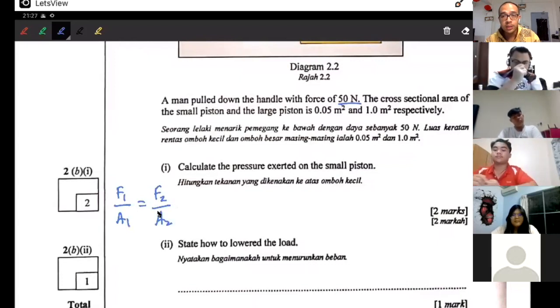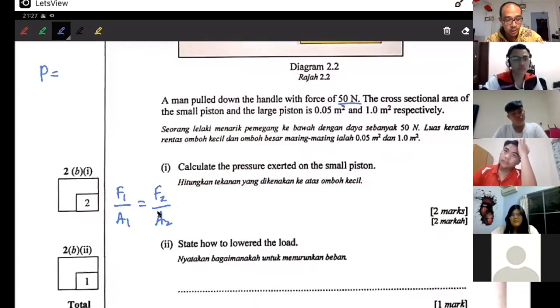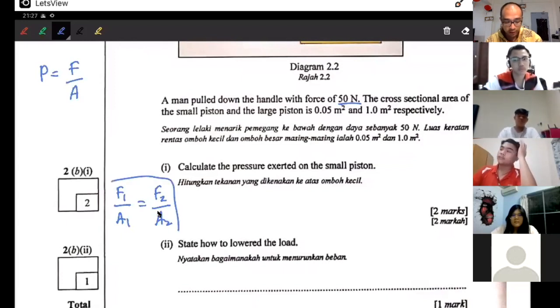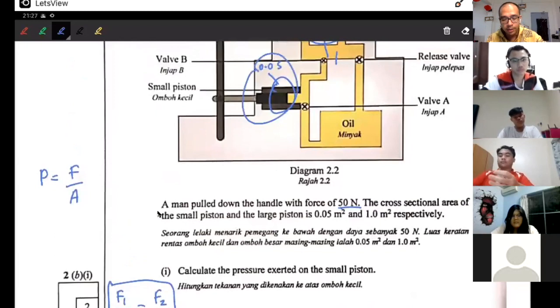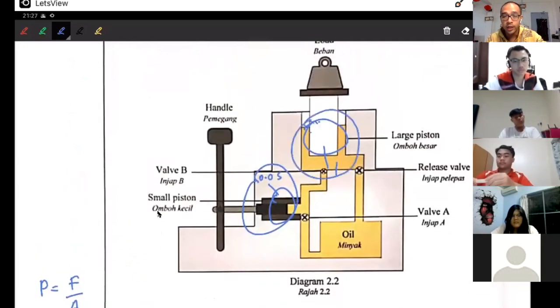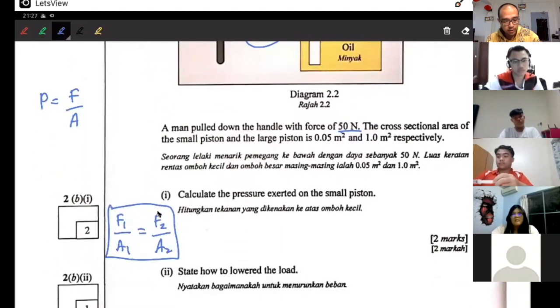Usually, Pascal's principle formula is not given because the pressure formula is always given. Pressure is F over A. So usually this is not given, because you are supposed to know that in Pascal's principle the pressure is the same. So F1 over A1 here is equal to F2 over A2 here. It's the same pressure. So what you will get is 50 over 0.05 equals F2 over